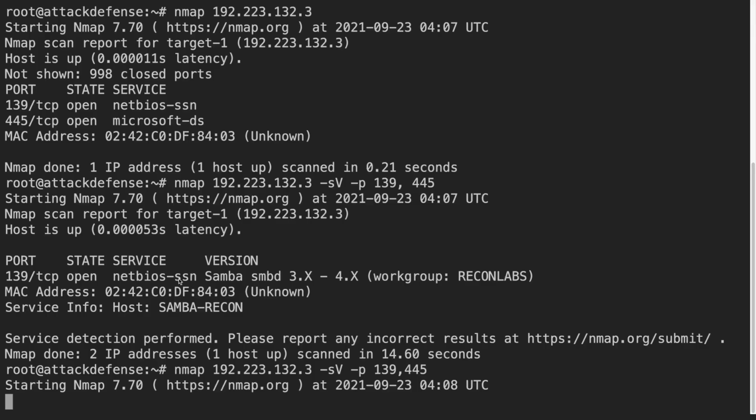But it even shows here for 139 Samba 3.4